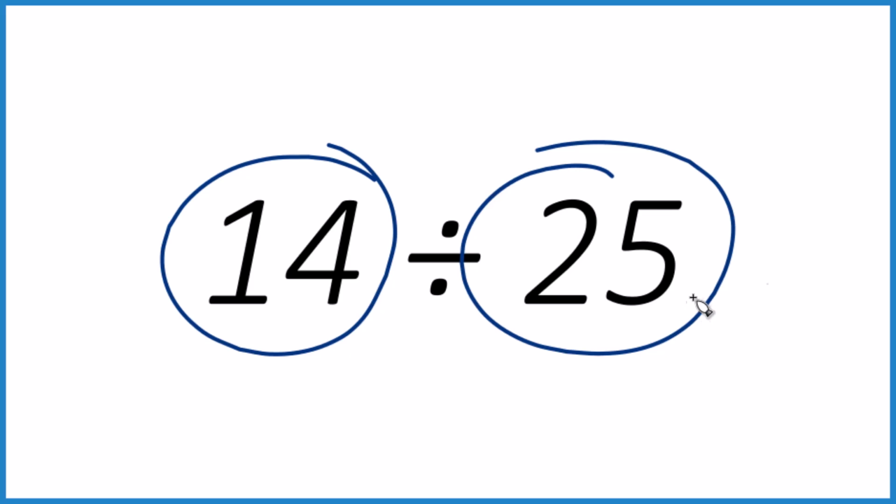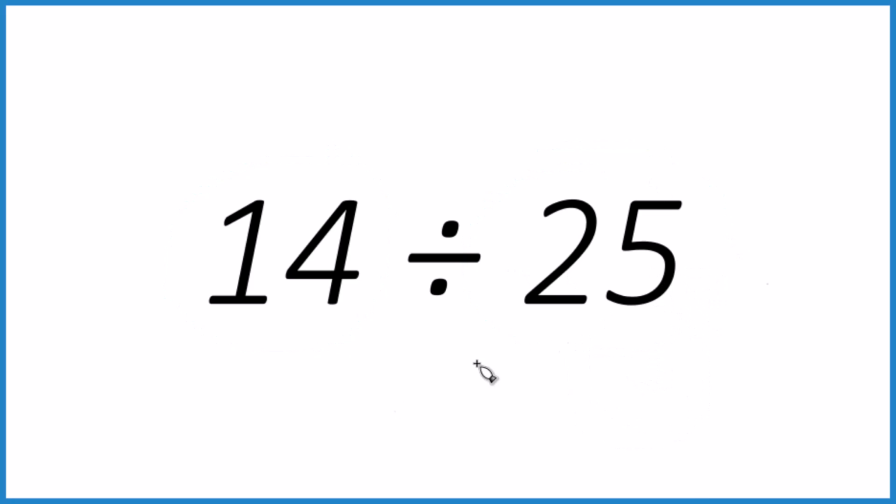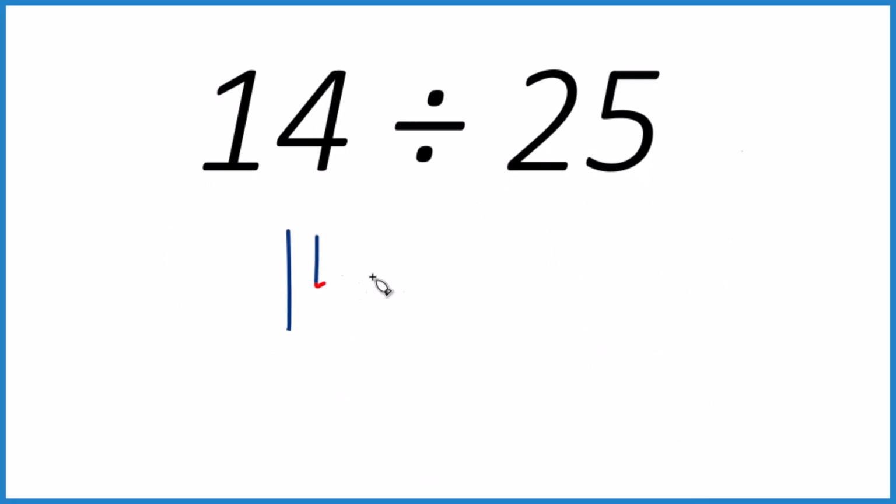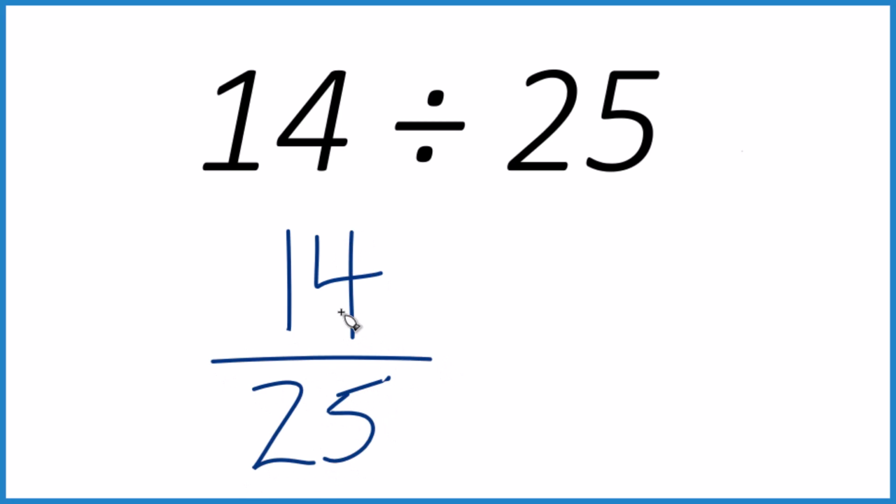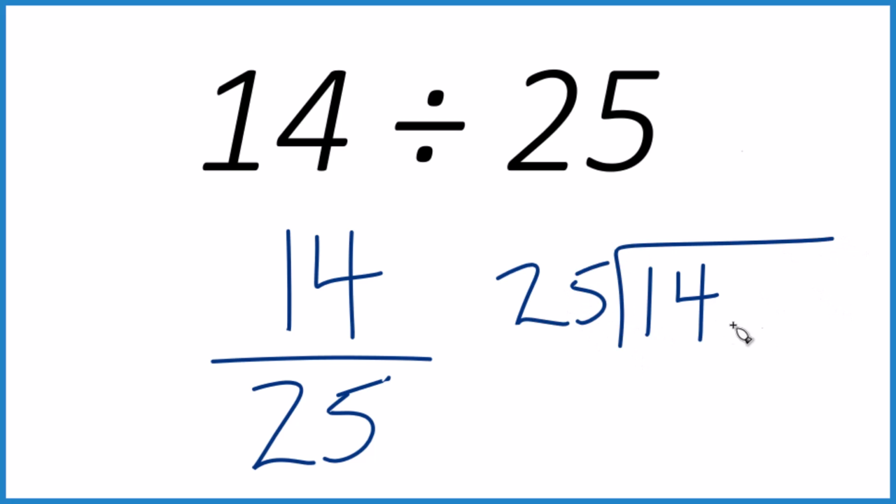We're going to use long division to do this. So 14 divided by 25, we're asking if we have 14, how many times does 25 go into 14? So we could write it like this as a fraction. So we take our 14 right here, and we want to know how many times will 25 go into 14. It doesn't go into 14, but we could call it 14.0 as long as we put a decimal point up